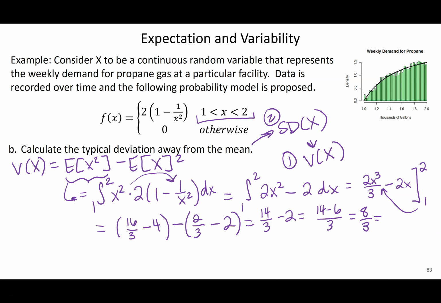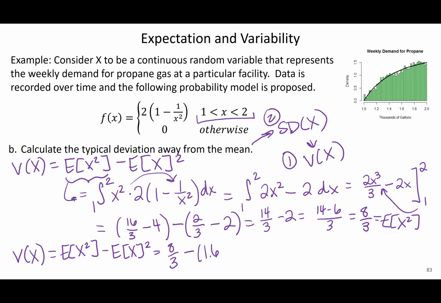So remember, this was a side quest. That's the expected value of X squared. So that's not my answer, not yet. So we're close. So the variance of X is going to be equal to that expected value of X squared we just calculated, minus the expected value of X that we calculated on the previous slide, squared. So 8/3 minus that 1.6137 squared. And that's going to be about